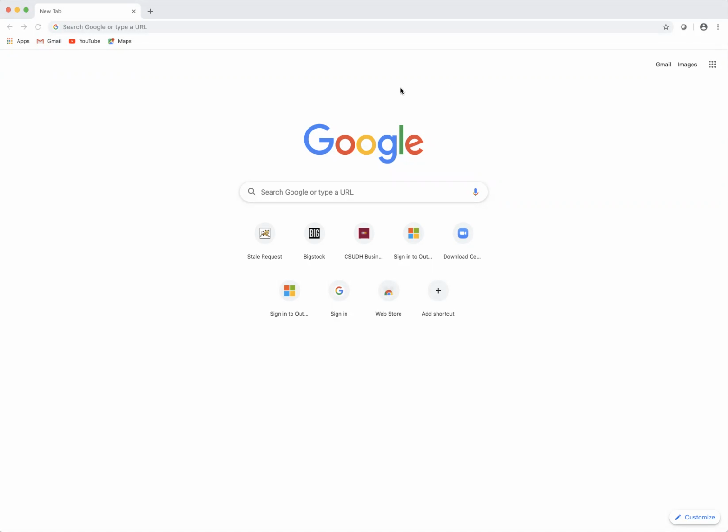So there's going to be a few ways you can navigate to this website. There will be links on the Information Technology website page and the University Printing website page, or we can open up a browser and type in the URL directly. So in my browser, I'm going to type in